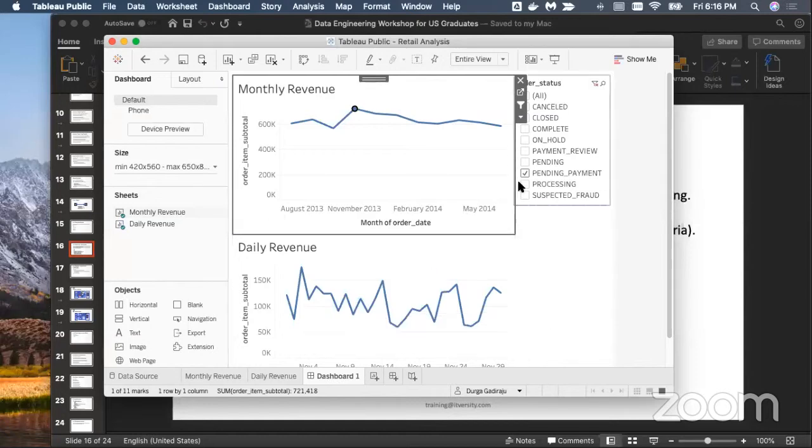There is a bug in the report or dashboard where the daily revenue is not based on the filter criteria that is selected here, which is a bug and we need to fix it. Anyway, I don't want to get into those details now. I just want to highlight